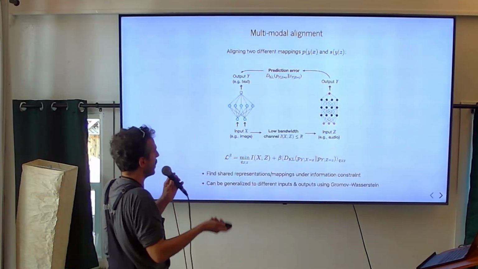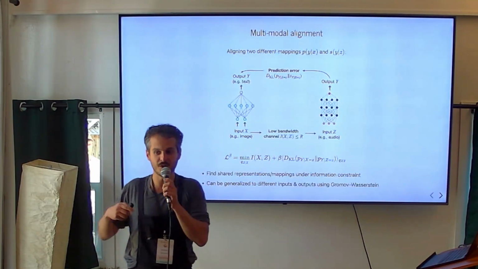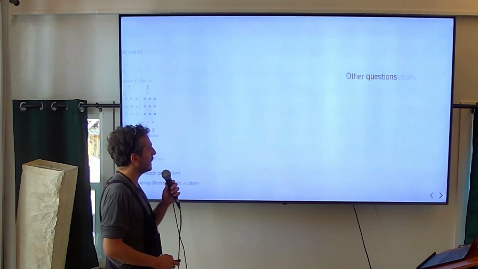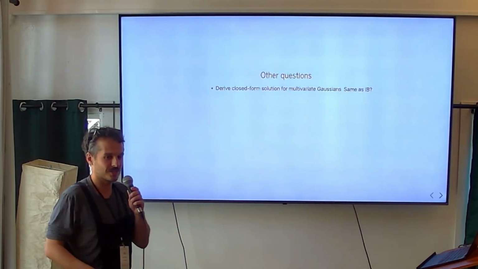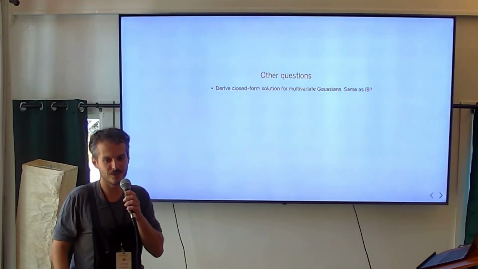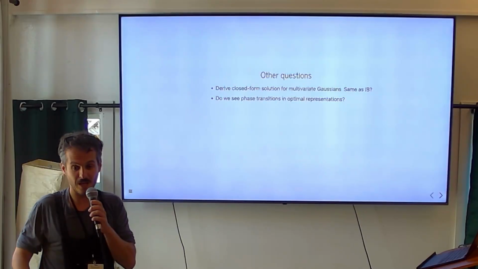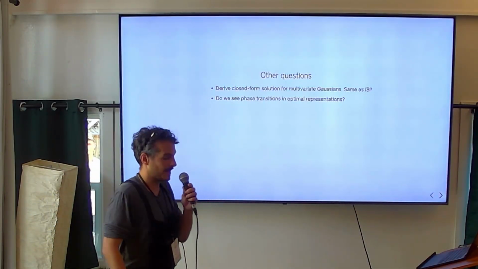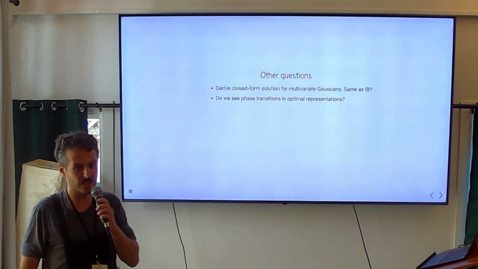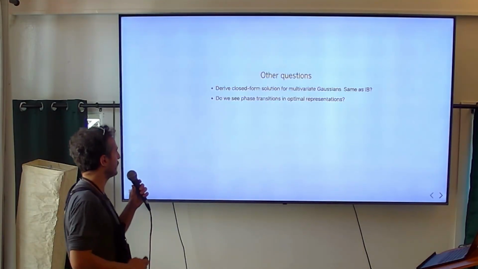So it's kind of like finding shared representations, possibly under constraints. Or I could translate from ChatGPT's to Claude's. Beyond that, there are some technical things that I think would be fun to play around with, like what does this look like for multivariate Gaussians? That's usually the starting point. Does it give the same decomposition as information bottleneck for that restricted class? Do we see phase transitions in the optimal representations, which is something we see in information bottleneck a lot? I think we would. I don't think that depends on the convexity or non-convexity of the objectives.